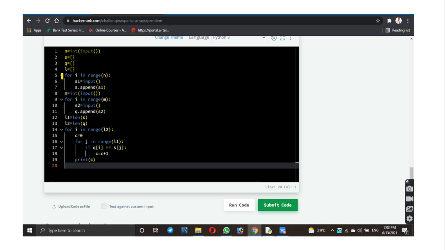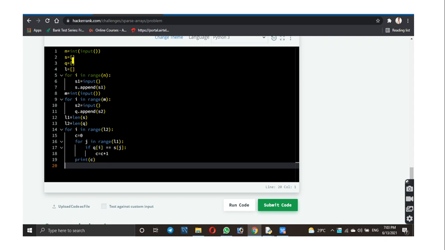So then we will take input for the strings. We have taken an input in the range of n, and we have appended it to the S list. Again we will take m inputs for our queries, and we have appended them to the queries list.